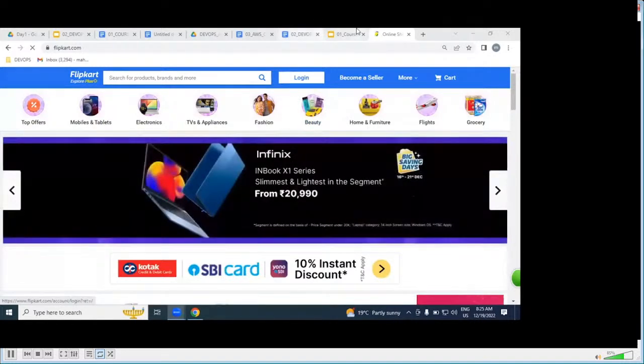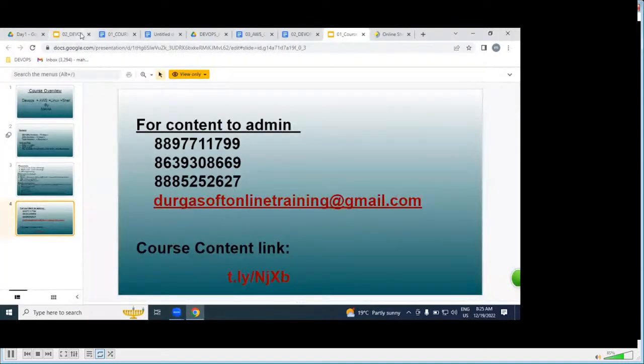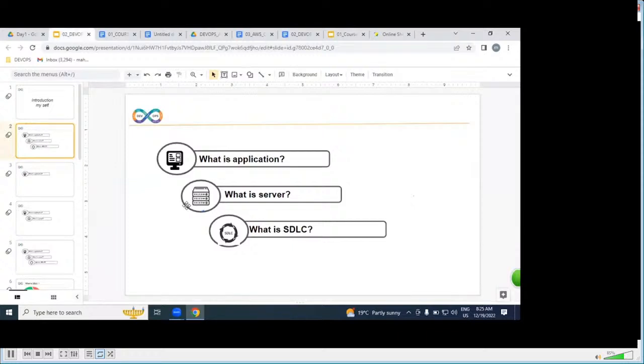If you ask me for the definition, the working software which is written in any programming language, like Java, .NET, Python, we call an application.